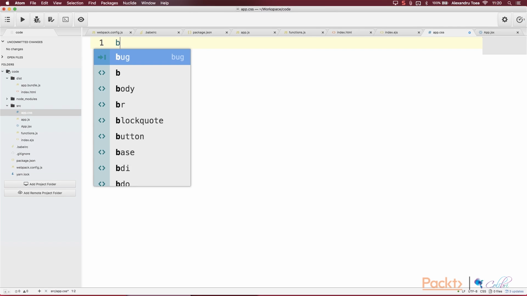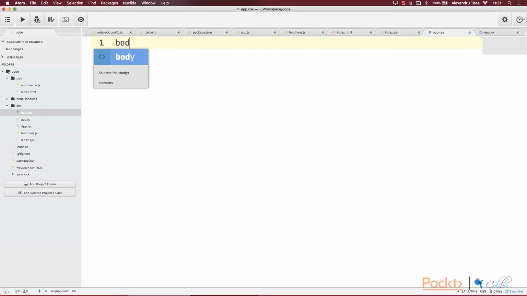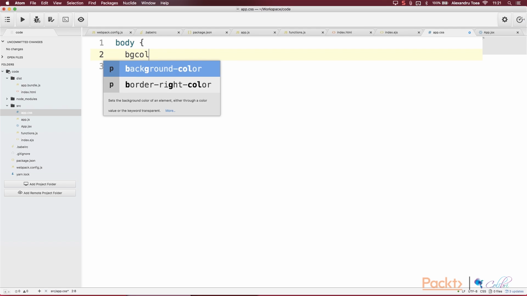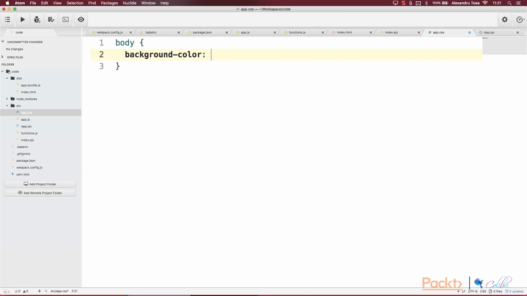So for a starter, let's change the color of the body. And we will change this to, let's do a light blue. In our case, I think it's called Alice Blue, or I'll just do the hex code for it. So we'll do F0F8FF, just so we do not have problems when viewing the screen. So we have created our